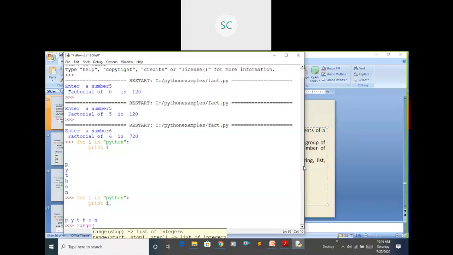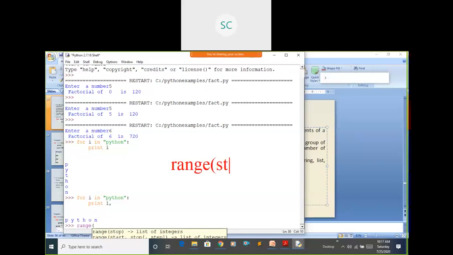Just observe how the range function works. The syntax for the range function is: range, where the first element is the start, the second element is the stop, where to stop, and the third element is the increment value.